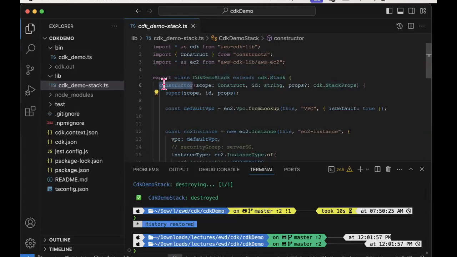Here's the constructor for this class. What you will notice, and we will be doing this right throughout this module, is that we will be creating stacks in this way. A stack is implemented as a class. We will only ever be implementing the constructor for our stack class. We won't necessarily have private methods. There may be one example where we have private methods. We'll never have a public method. So it all happens really in the constructor of your stack class. That's where you describe the infrastructure.